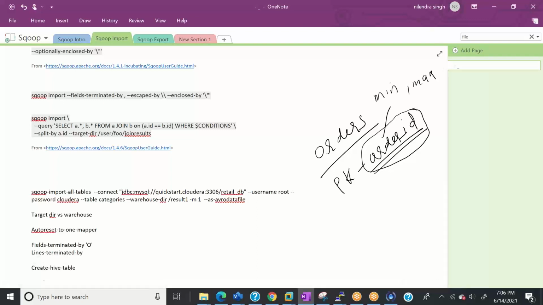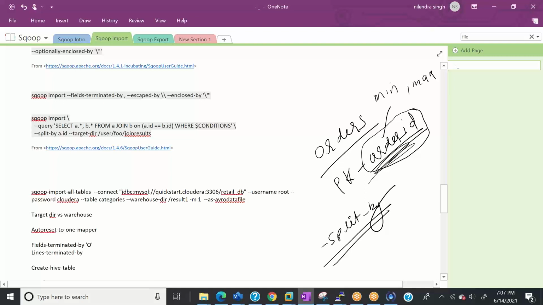But let's say we want to split on a column other than order ID. Then Sqoop has provided us a parameter called split-by, and we can tell Sqoop, don't go for order ID, go for maybe order number.